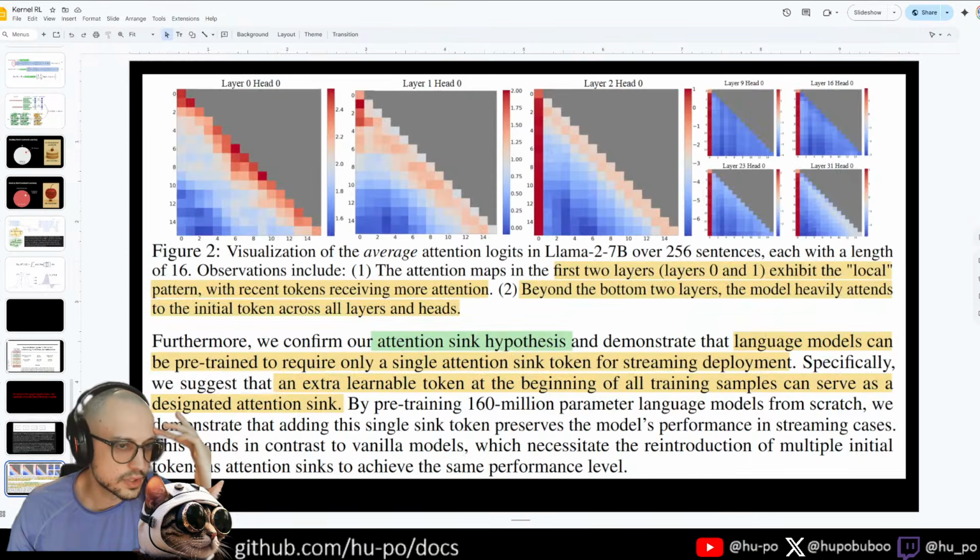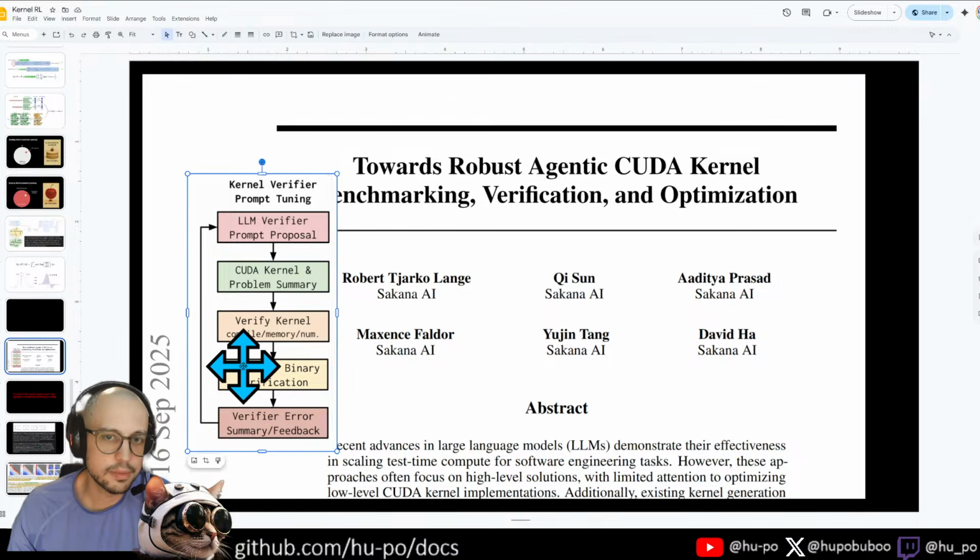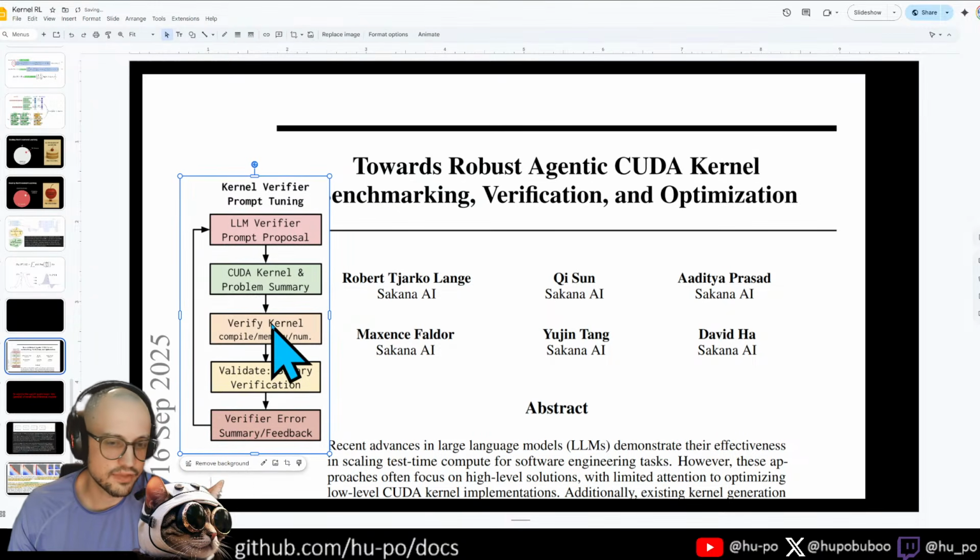Okay, what else was there that I wanted to talk about? Oh, here's a paper that came out super recently that's effectively this exact thing: towards robust agentic CUDA kernel benchmarking, verification, and optimization. So this is a slightly different approach here where